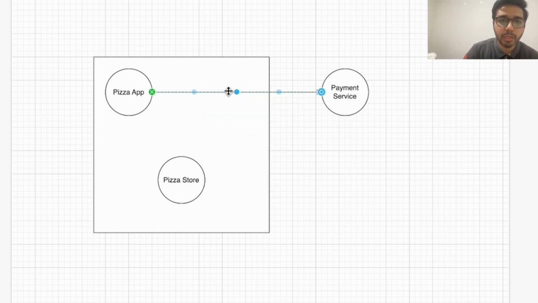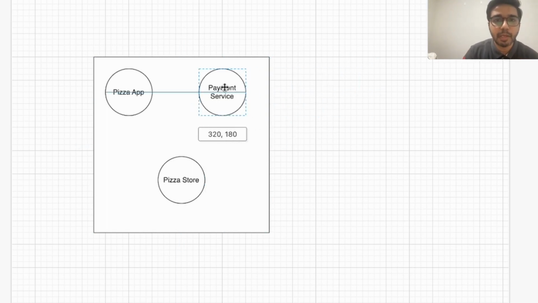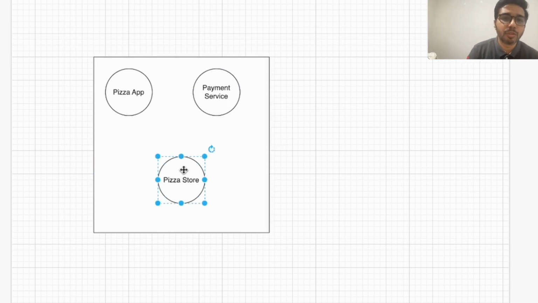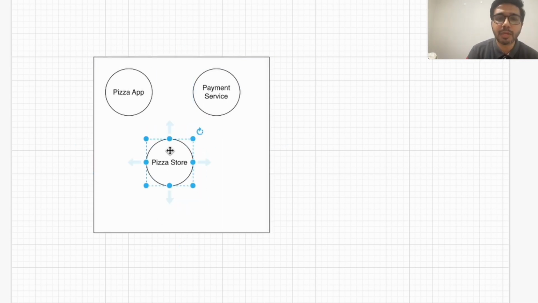I get to know that this is the entire product. This square box is the entire product, and I am designing a pizza app. So what are the things I have figured out? This is irrespective of monolith and microservice. My requirement is